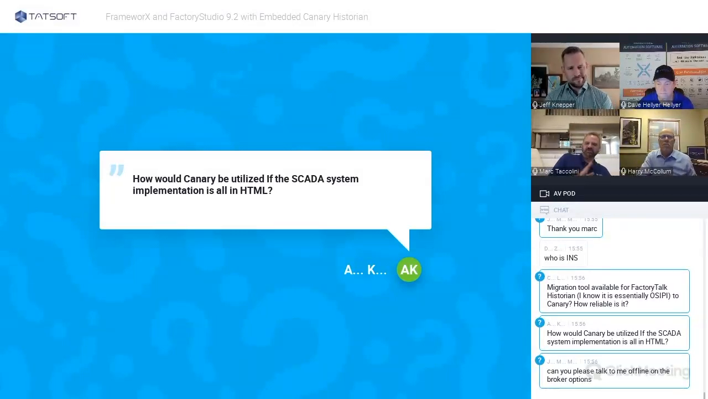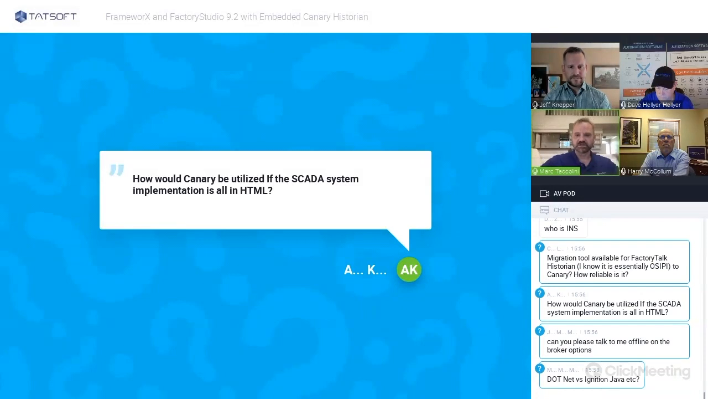Well, I'm not sure if I understood the question, because the fact that the UI is HTML5 is not a problem. The data servers where we'll be getting the data will be Canary servers running on a local computer or remote computer. So when you deploy your HTML5 page,